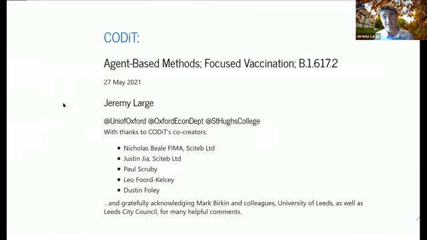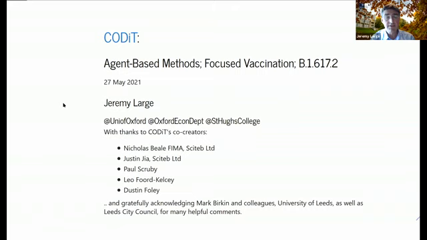Now, I do want to try to tell a story with this model, and that will be about something of the moment, namely the question about focused vaccination, which arose only 2 or 3 weeks ago as we began to grapple with the implications of the new variant B.1.617.2.